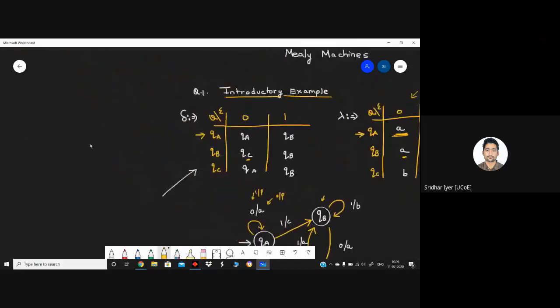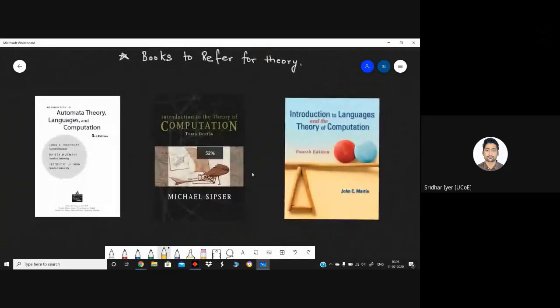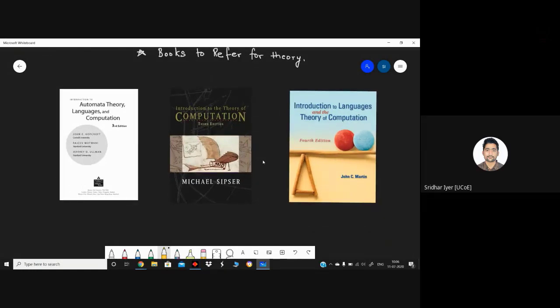Before going into the problems, let me show you one thing. These are the books which you need to refer to, especially for theory, because we are covering almost each and every type of problem in the lecture. I've also provided the link in your Google Classroom. I will copy it and share it with you again in the new classroom. I have got these resources on my drive. You can download these ebooks from my drive. For the theory part, you can refer to these books. They are very good reference books, especially the third one, John C. Martin. You can refer to these books for the theory because in the exam you have to write theory also.